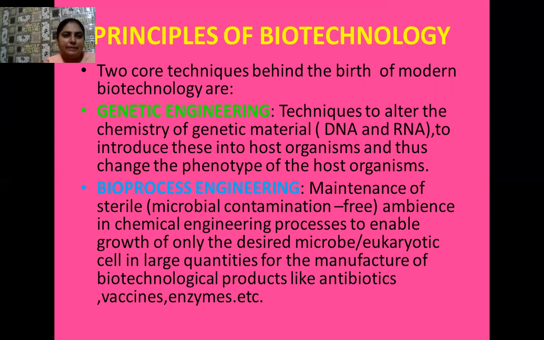So for this purpose, I select one host plant which is rich in iron. It may be the green leafy vegetables, for example, spinach. I isolate the gene from spinach that is responsible for producing iron content in that plant. And this isolated gene, or a piece of DNA segment, is later inserted into some other plant. So here my other plant is the rice plant.